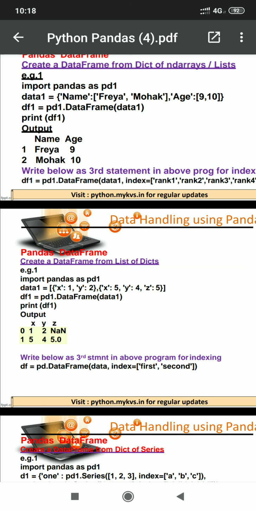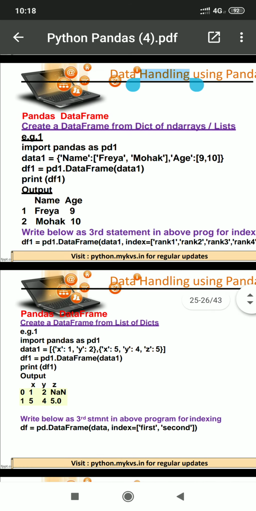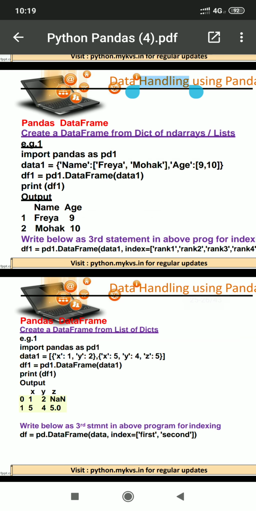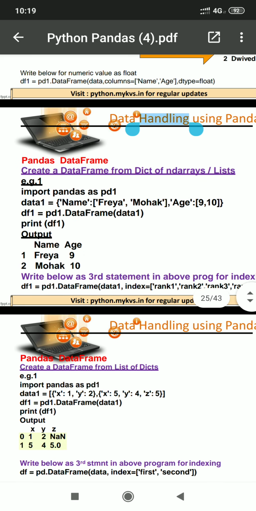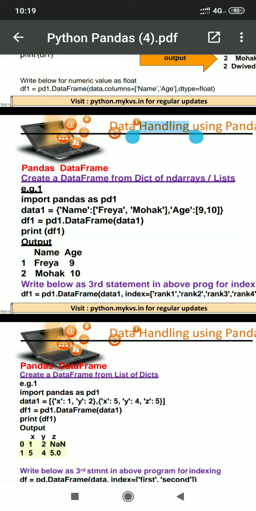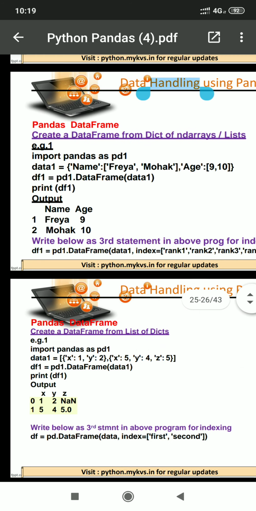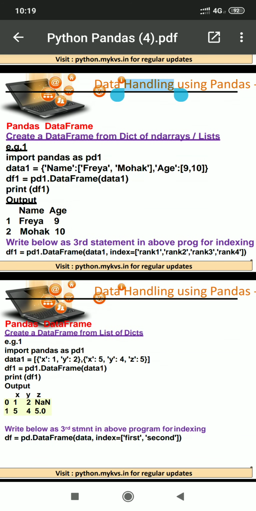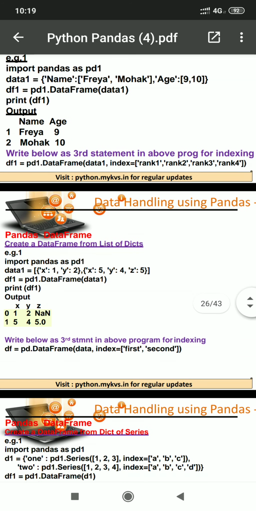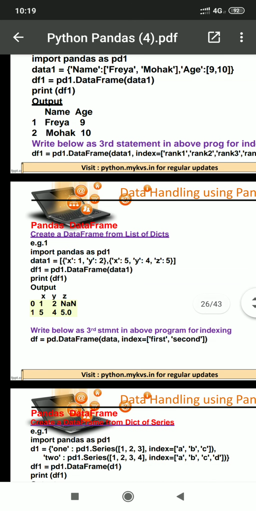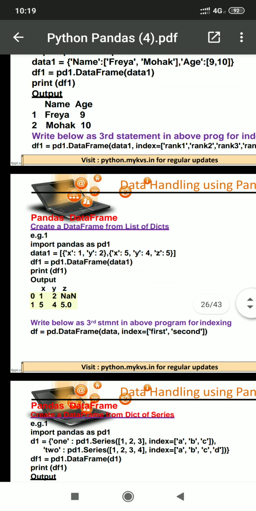If we like, we can assign their column headings. Just see in this program, df1 equals pd1.DataFrame(data1, index), and we can pass the index, like this: rank 1, rank 2, rank 3, like that. Similarly we can index the values after this statement.